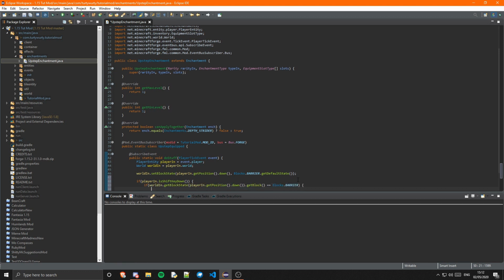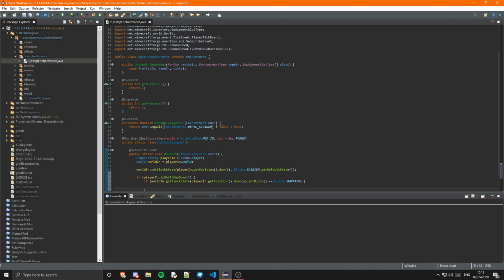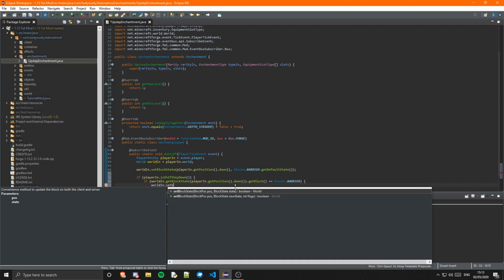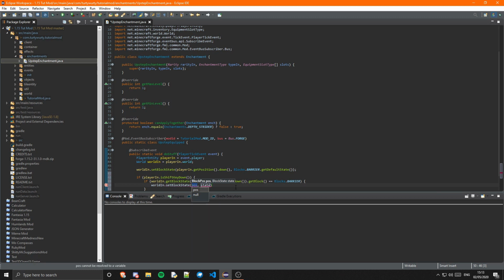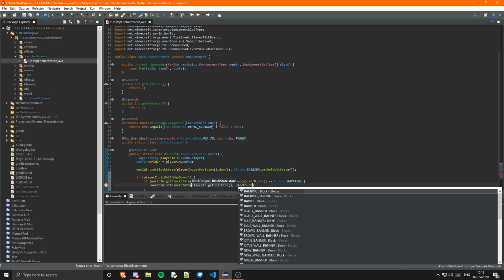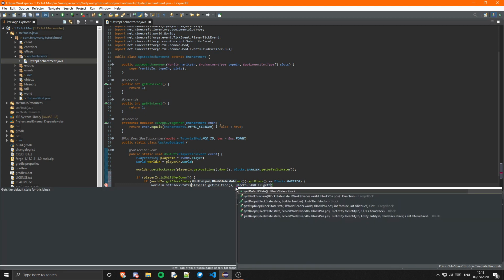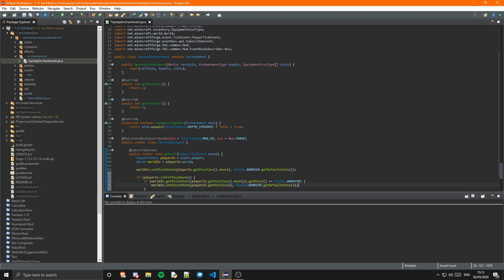If it is, then we could do world, what could we do? We could do something like world.setBlockState, player.getPosition. I am just making this up totally on the spot, so this might not work. It normally takes me a few tests to get stuff like this to work, so